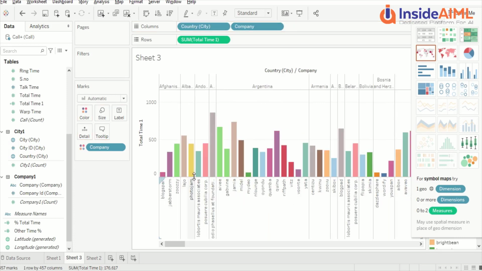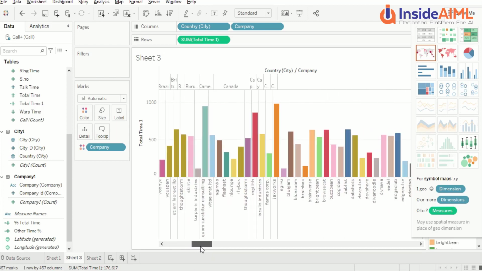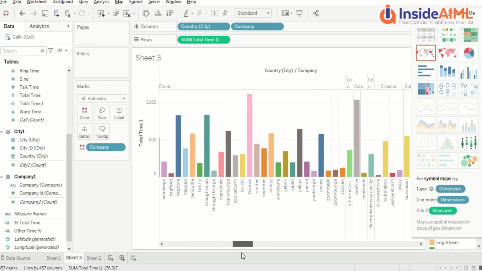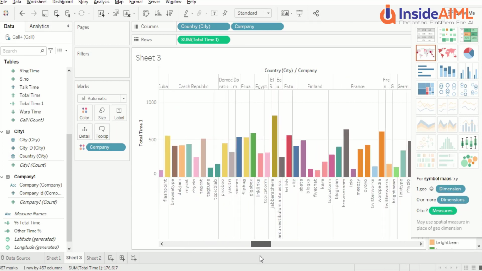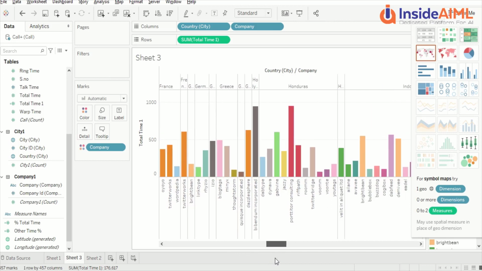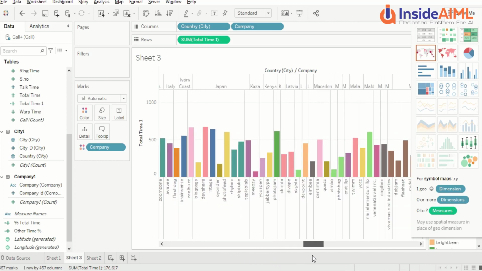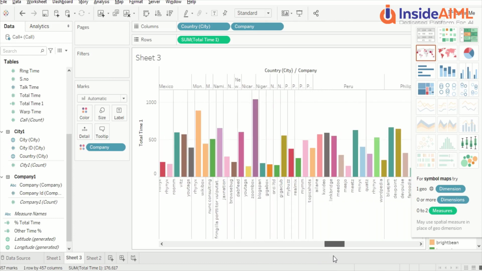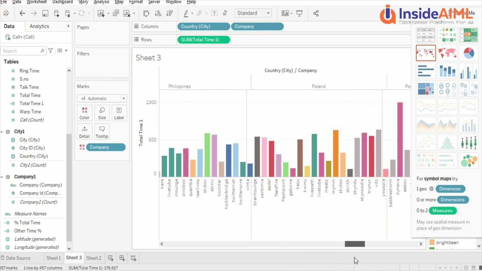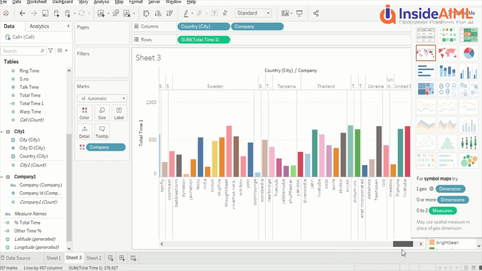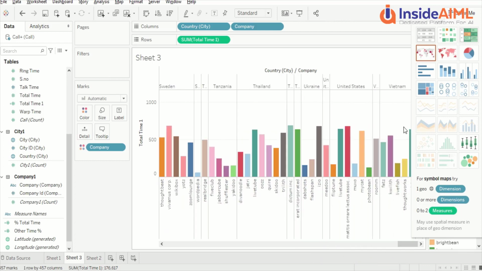We have the data, and one country might not have a lot of data, but wherever there is data, you can actually go ahead and see all those things out here. So now you see so many companies are there in China, so we actually got this much data. Czech Republic we can see, Indonesia again we see a lot of data, Japan we see some data. Peru, Philippines, Poland, Portugal, we see Russia. We are seeing a lot of companies out there. So this is how we use it.